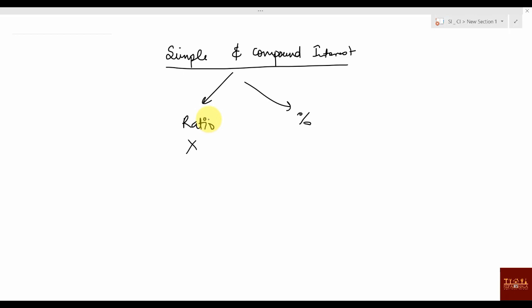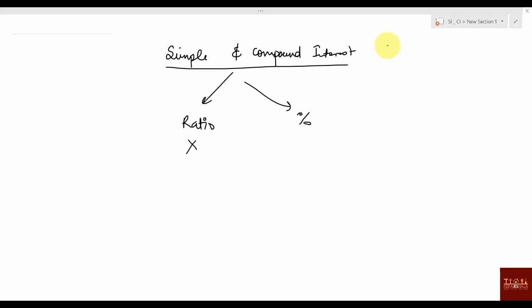But in percentage method, once you understand the flow of a question, how things are getting increased, there is nothing in compound interest. Actually, in this one, compound interest is the only difficult one. Simple interest is nothing. It's just an extension of your percentage concepts. In percentage concept, increment is there and you are putting just the time quantity, and then you are getting simple interest. So you should know the basic difference between simple interest and compound interest.